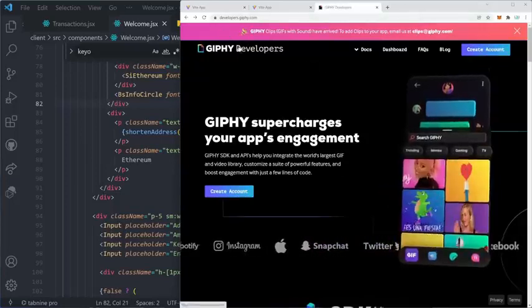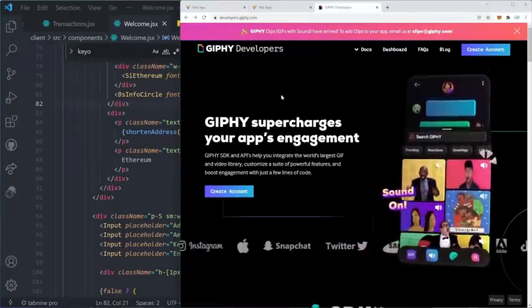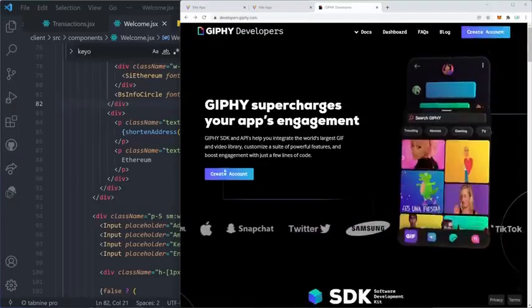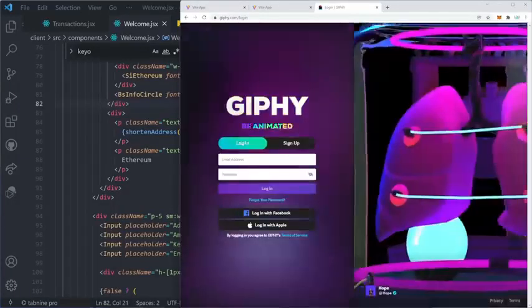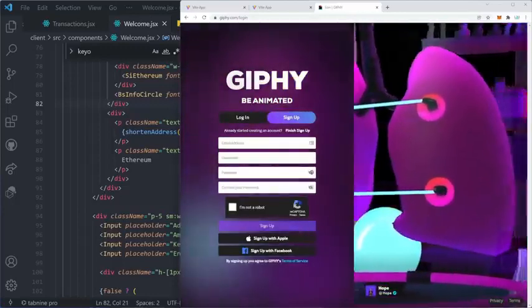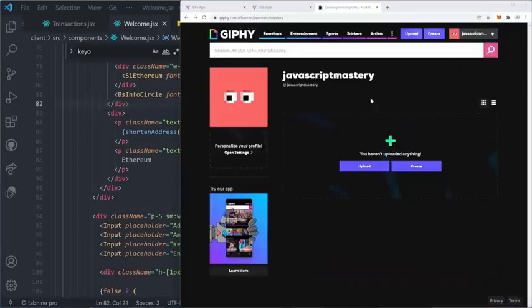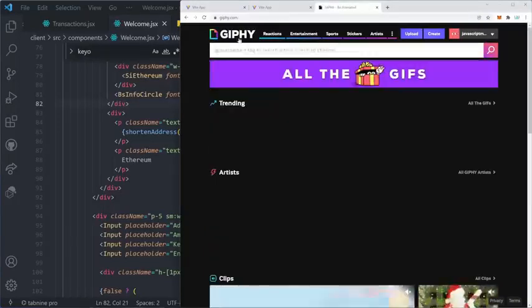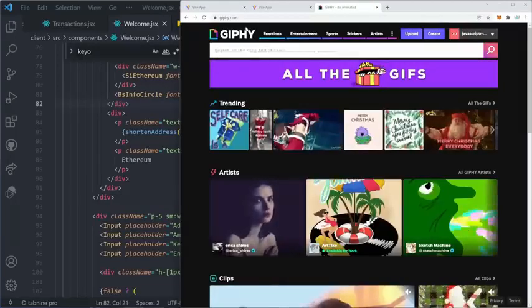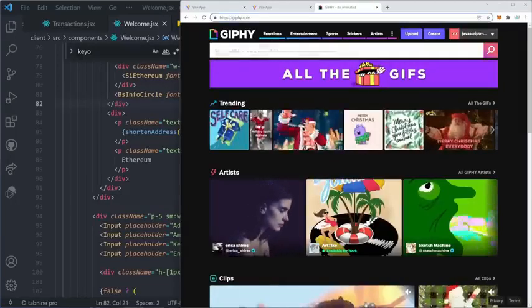developers.giphy.com, the world's most popular GIF platform. So let's create a new account right here. You can go to sign up. You'll have to enter your details, and then I'll see you right in their dashboard. And there we go. If you successfully created your account, you should be on your own account page. So now let's explore the Giphy platform by going to Giphy. And we're not interested in these GIFs right here. We want to go to